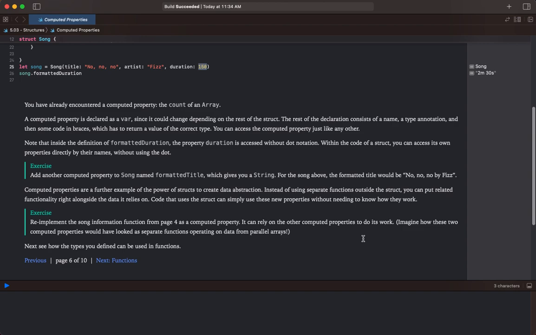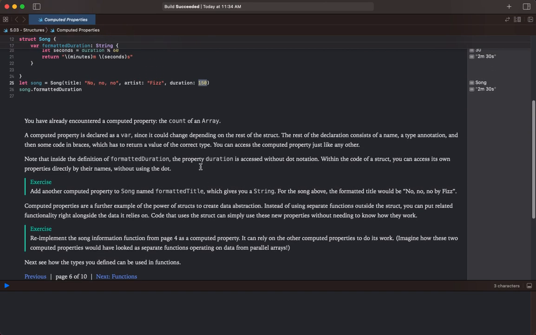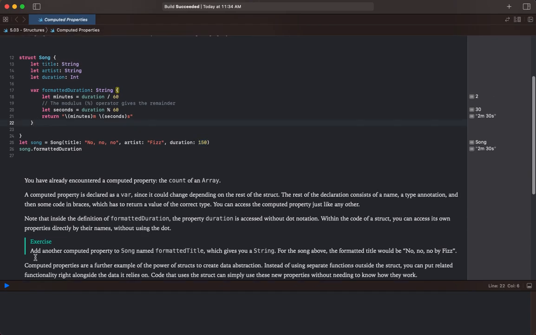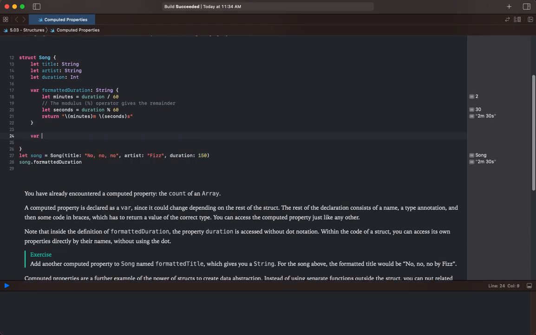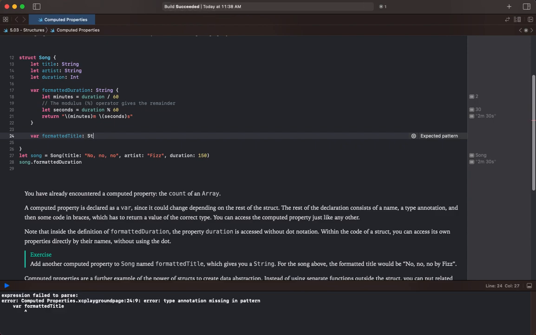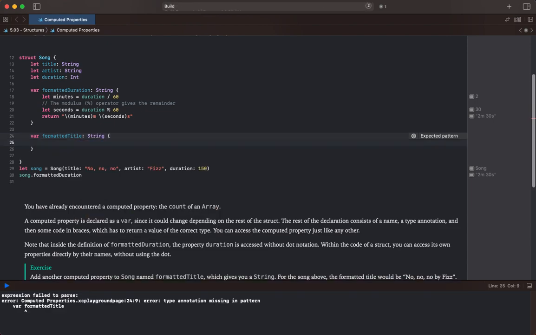Exercise. Add another computed property to Song named formattedTitle, which gives you a string. For the song above, the formatted title would be No, No, No by Fizz. So we are going to add another computed property, a var, and it's going to be formattedTitle, which returns a String. And then in our curly brackets, we're just going to return a string, and we're going